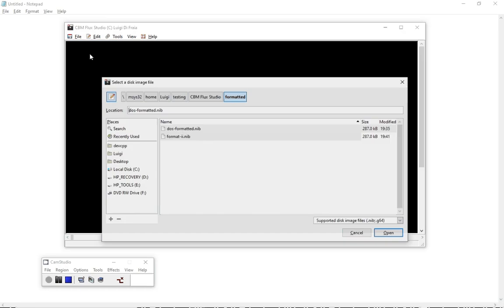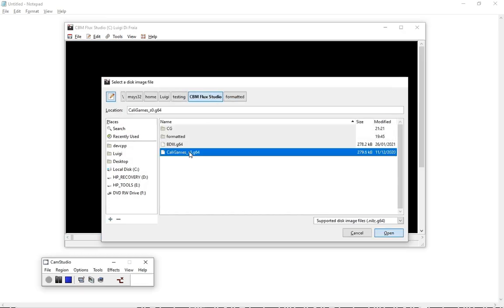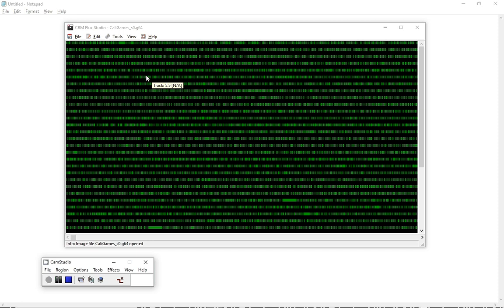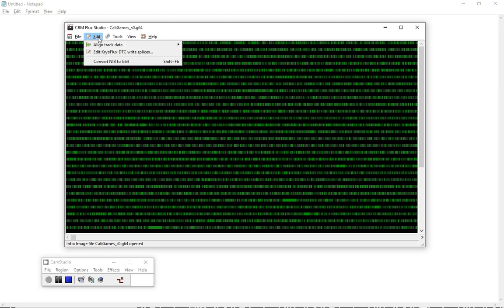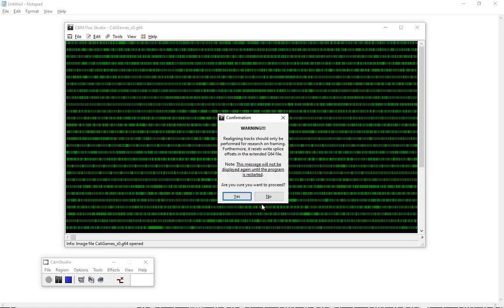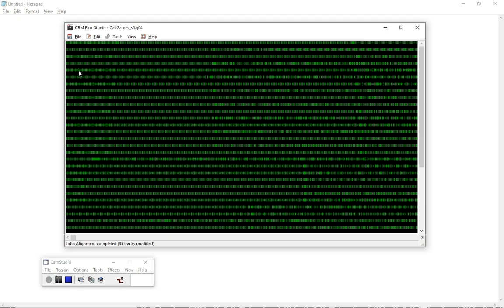Let's start with a Vorpal disk. In this case it's a DTC generated G64 file, and for such files there are a little bit of extra options available. Let's do the alignment to the right splice to start with. So that has been put back in, and